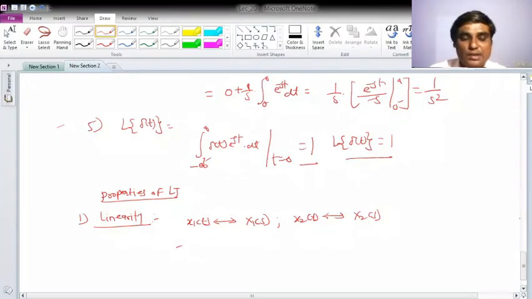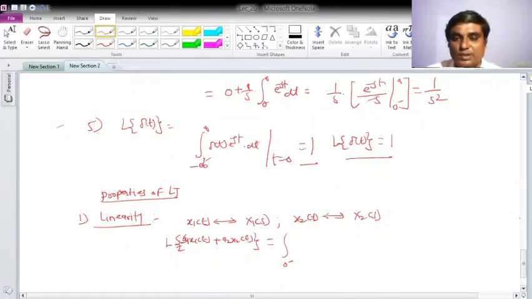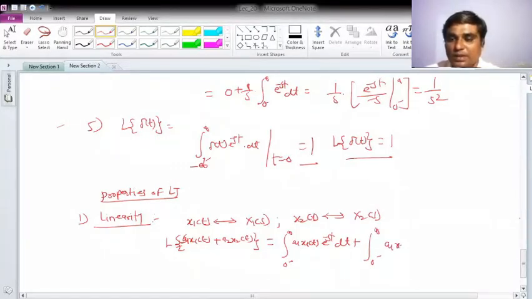Now, if I write the linearity property, that is a1 x1 of t plus a2 x2 of t, I would like to find out what its Laplace transform is. You can go with the same limits, 0 negative to infinity or minus infinity to infinity, because you can take it either way. If I would like to prove it, let me take the one-sided signal only from now onwards. So a1 x1 of t plus a2 x2 of t, as it is linear, you can write like this: the integral from 0 negative to infinity of a1 x1 of t plus a2 x2 of t, times e raised to minus st dt.